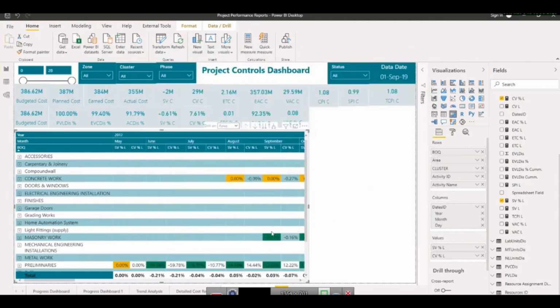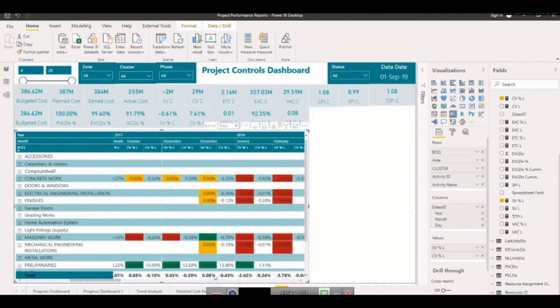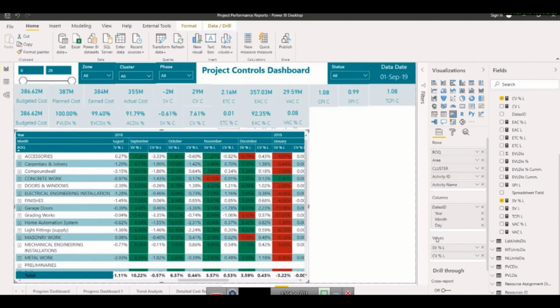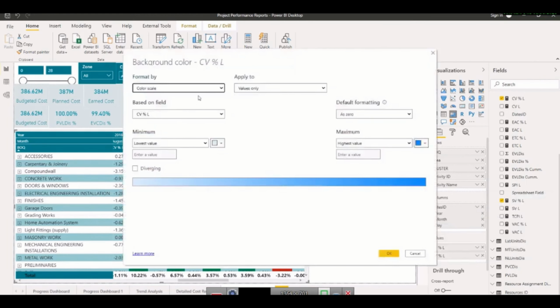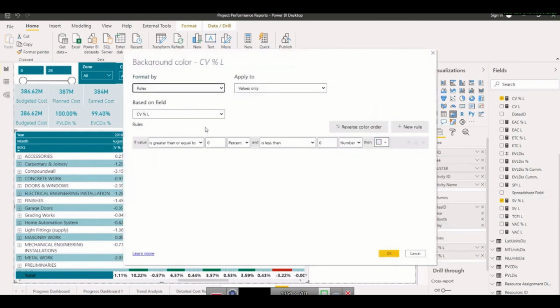Okay, so now we can see these colors are appearing here. Same we will do for the cost variance, percent labor. This rule is equal